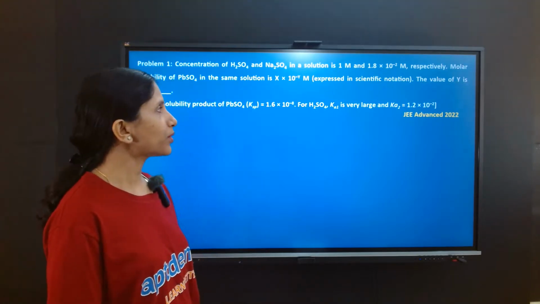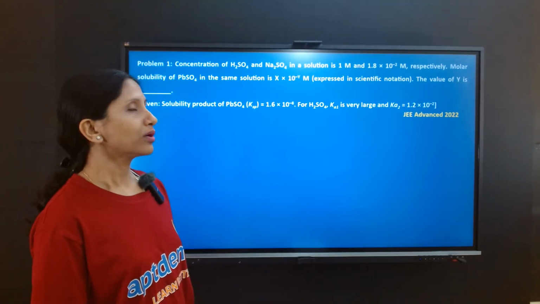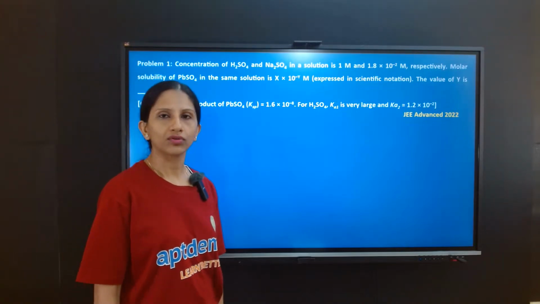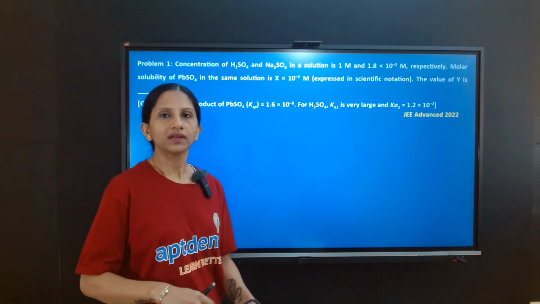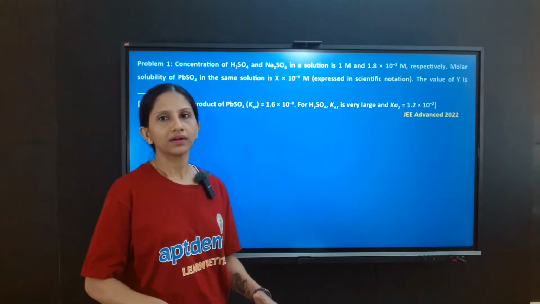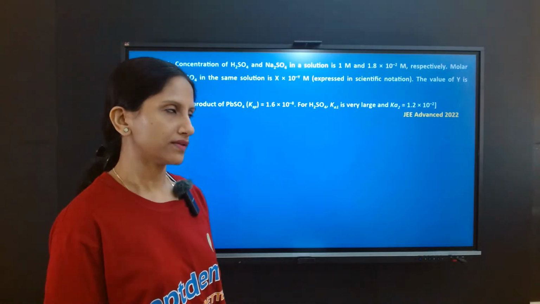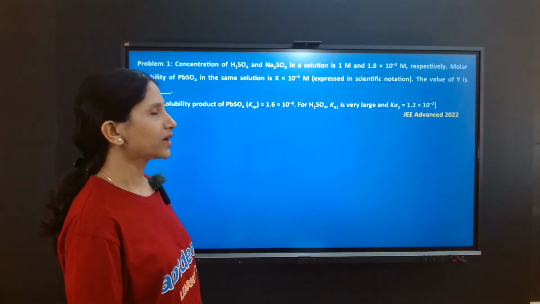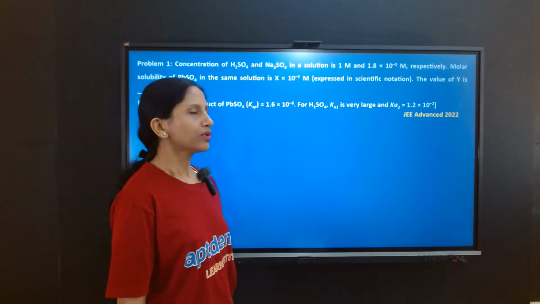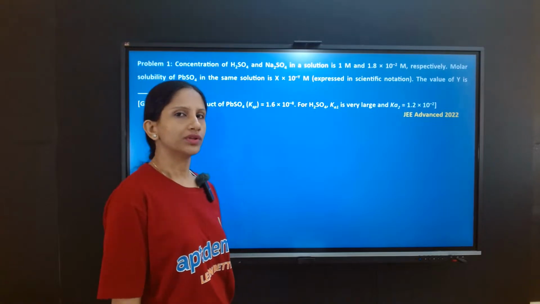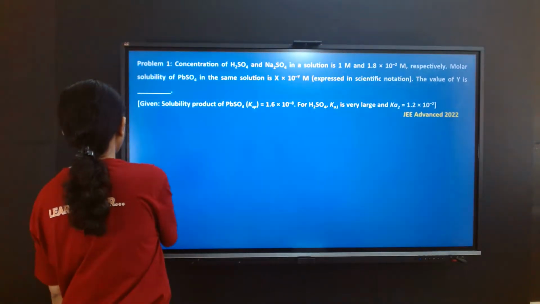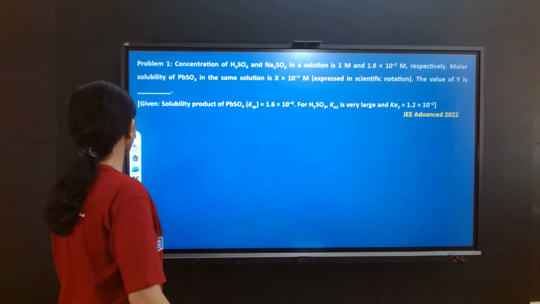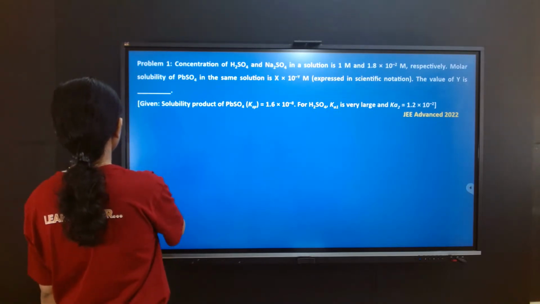Now in this problem, we will be talking about the solubility of electrolytes which are getting dissolved in water and getting dissociated into ions. So we will be talking about two electrolytes, H2SO4 and Na2SO4. Now without further delay, let's get started with the problem. So problem 1 is asking